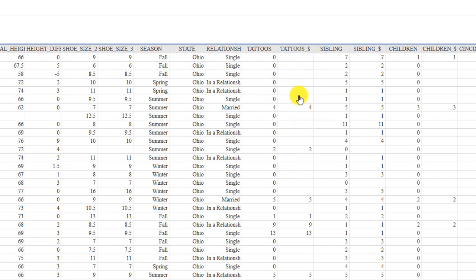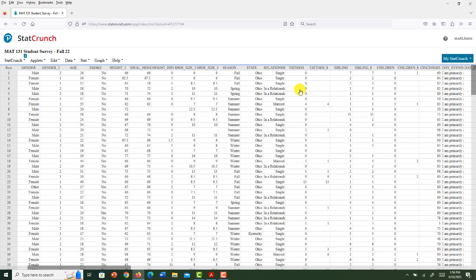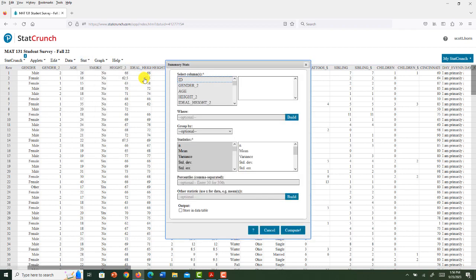So this is the response for only people who reported having a tattoo, and then this variable is the responses for all students. So to compute the mean, I go to summary stats, columns,